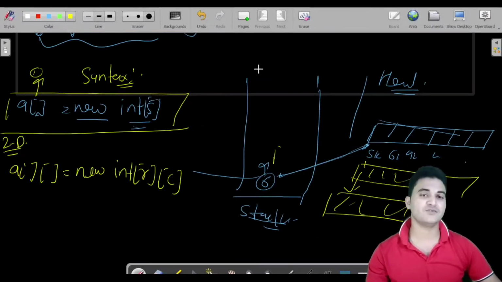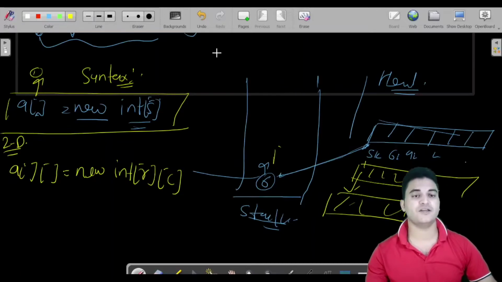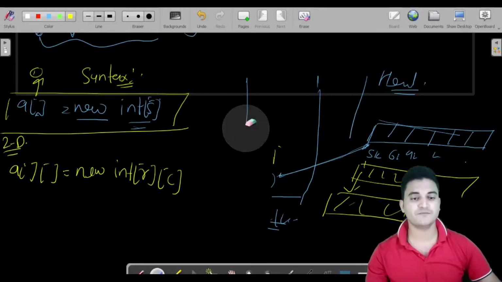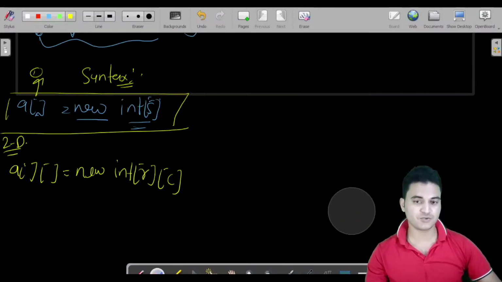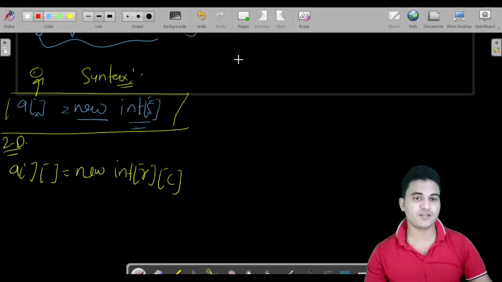But my motive is to explain to you what a 2D array is, how we can insert value, how we can access value, and how we can iterate over 2D arrays. Fine. So this is the main concept of this particular video. So let us see. If you remember, I just showed you how we can represent the 2D array. So we used to represent a 2D array like this.